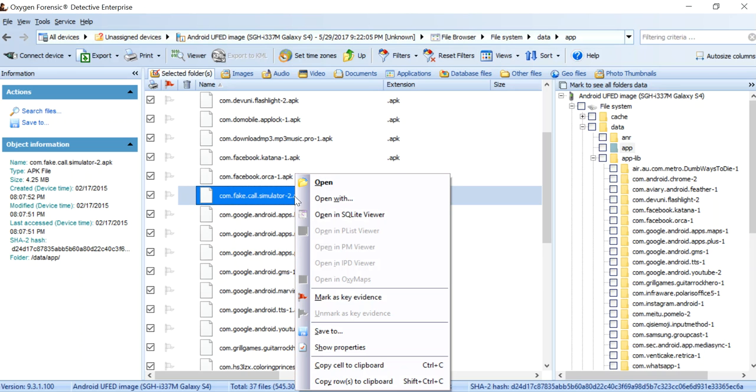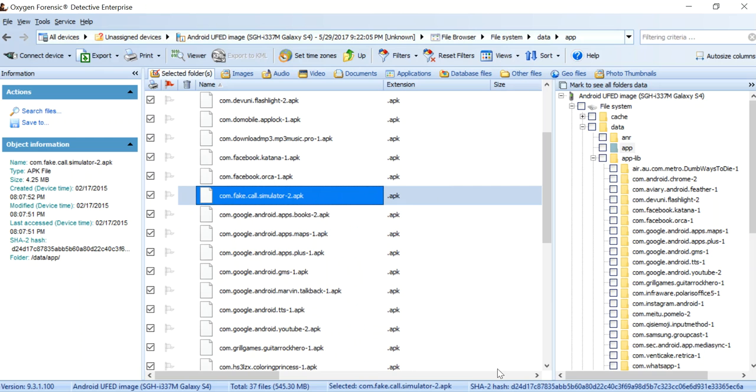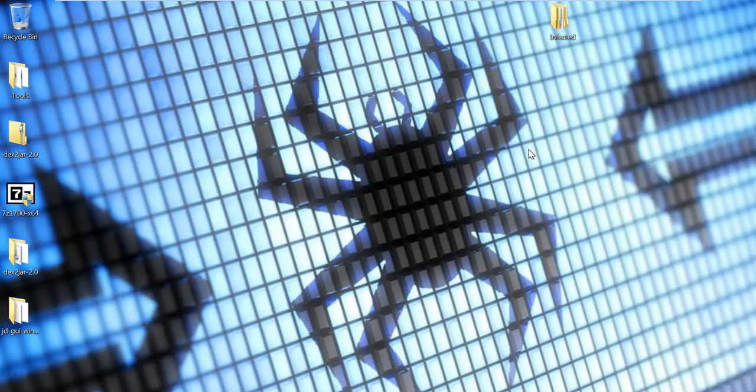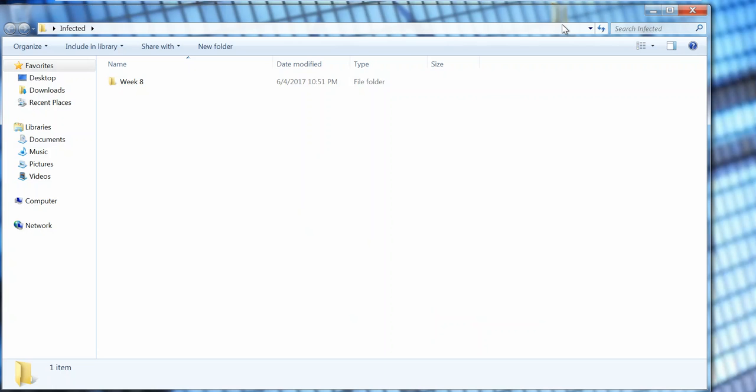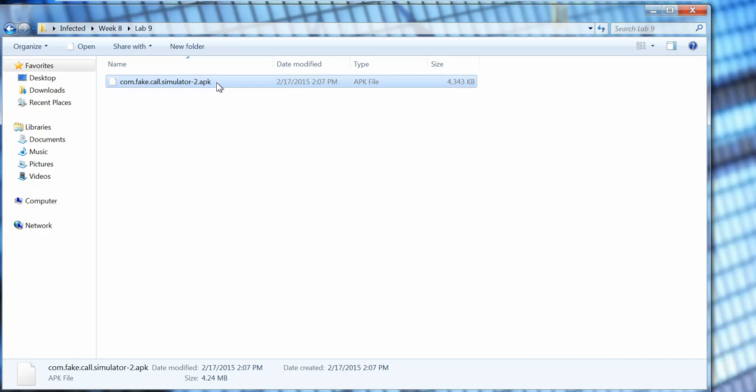In this particular instance, I'm just going to export this APK out, and if you go out to your malware analysis machine, our Windows 7 machine, it'll already be in the infected folder, which is what this will look like for you as you step into your lab. So I go into infected. The first step, as I locate this APK, is to rename this file to a zip, and then open it to start unpacking the APK file. So I'm literally just going to rename it .zip